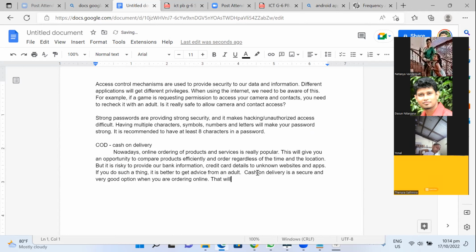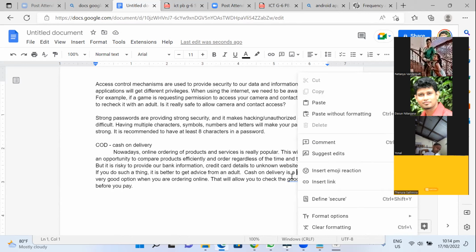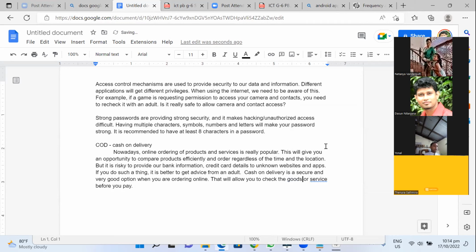That will allow you to check the good or service before you pay. Check the goods or services before you pay.